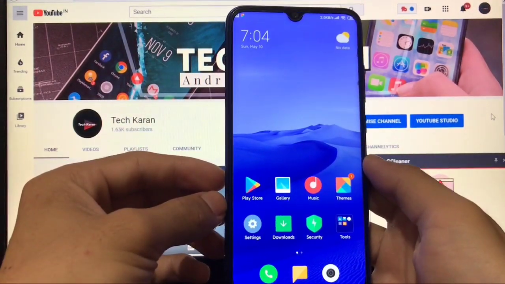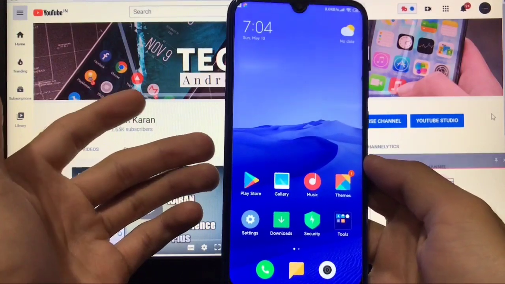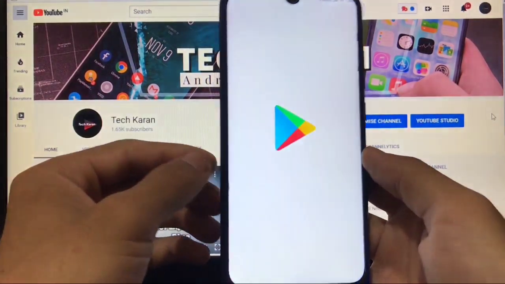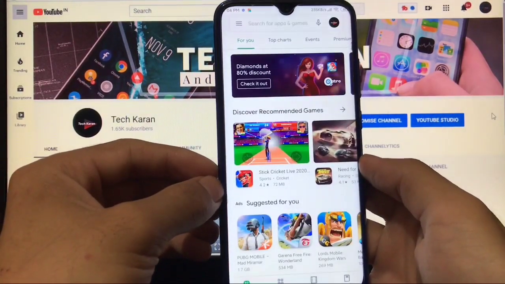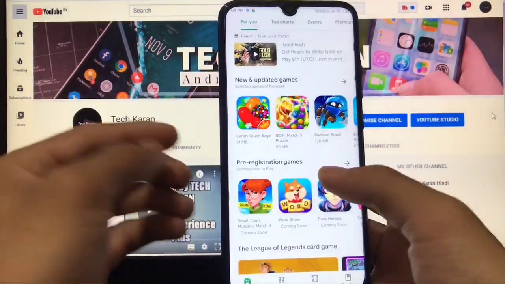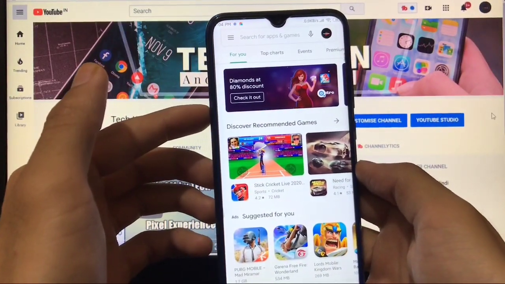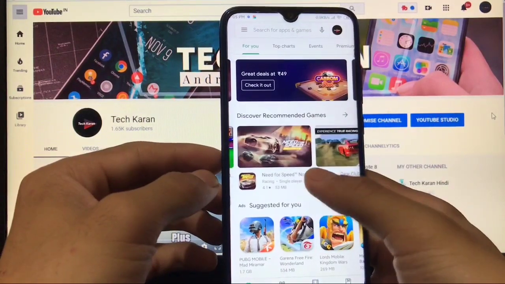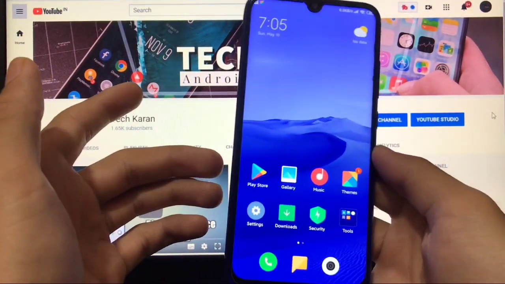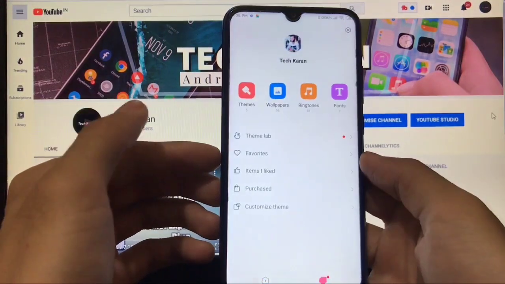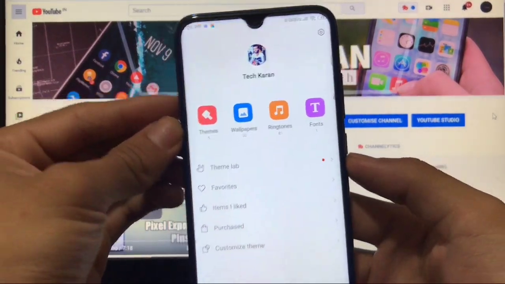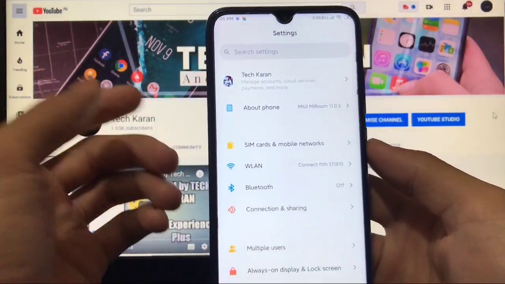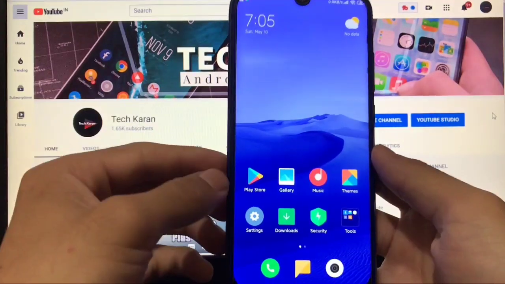So this is not a big thing, but it is a very good thing that it's working perfectly. If we talk about some other things, as I already showed you, this is the Limitless theme which is pre-installed by default. If I show you Play Store, it's perfectly working. You just have to update your Google Play services once if you want to try it out, because otherwise it will get stuck at the Android setup screen. But you can just update your Google Play services, then you can sign in with your Google account. Also, you can sign in with your MI account if you want to. It is also perfectly working. In settings, you can see this is my MI account which I have already signed in, and it is perfectly working.